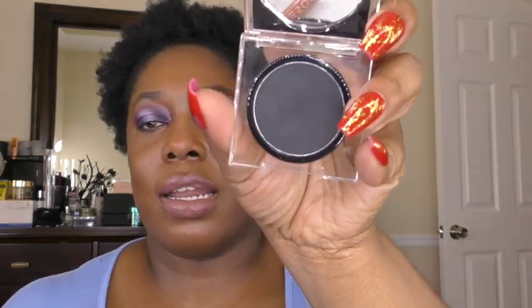If you are going to get something with these shades, I would definitely suggest the Blackest Black Matte shade. I find that this shade is very deep and very matte, and it's great for doing a smoky eye. It's great for doing liner. It's just a really good shade. So if you use a lot of black and you want a single of it, I would definitely recommend